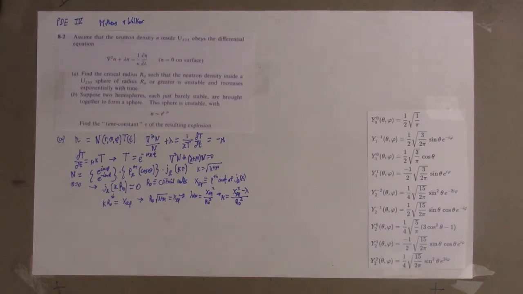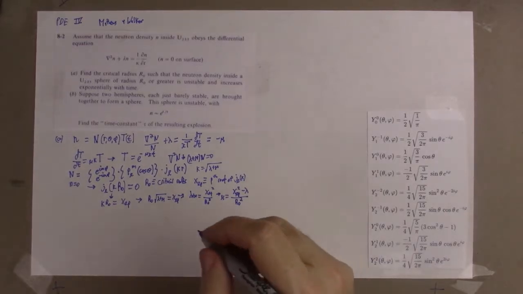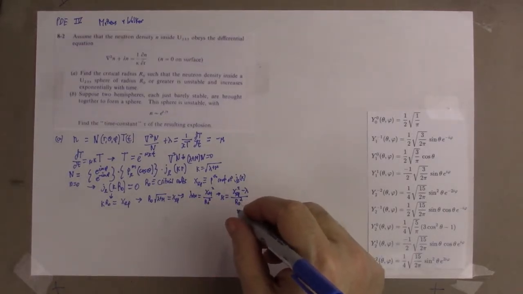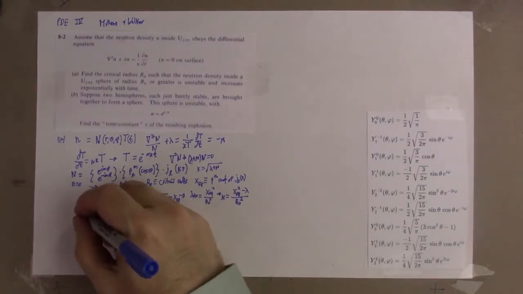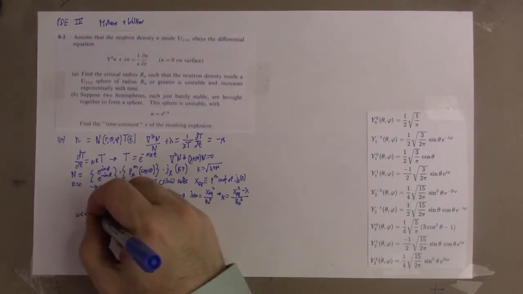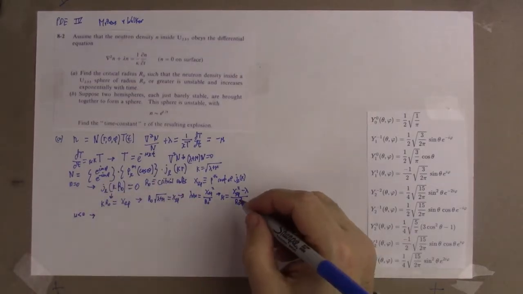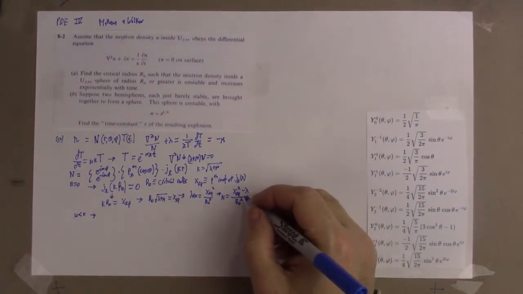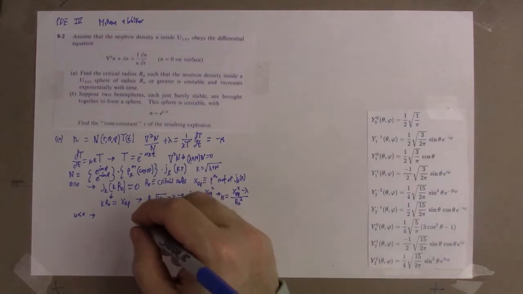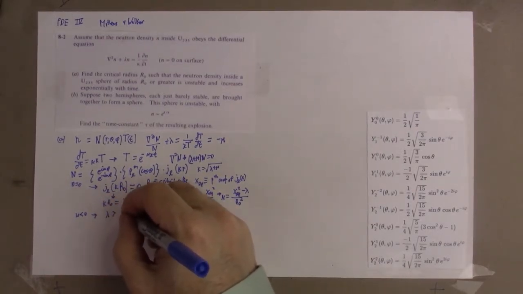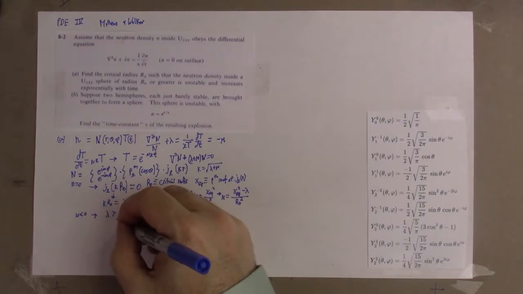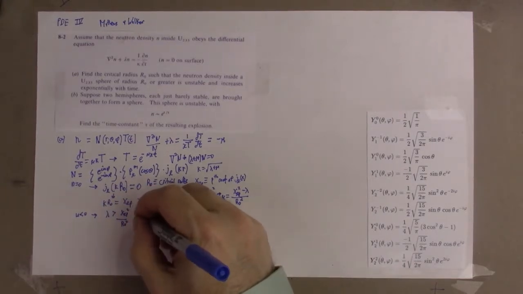So we want to substitute mu equals 0. That's when we'll get to the critical radius. So what we want to solve is mu is less than 0. That implies that this is less than 0. And if you work that out, that simply means that lambda is greater than XLP squared over R0 squared, which